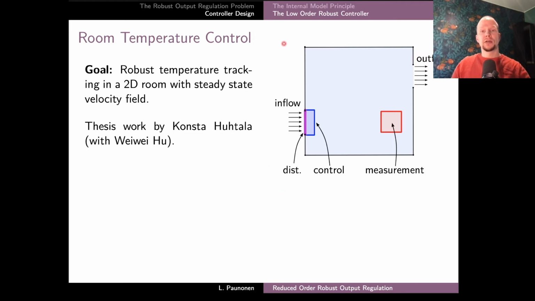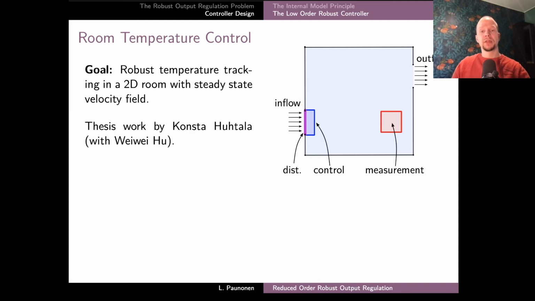So we have a rectangular space with some fluid in it, and we model the temperature profile of the fluid. The walls of the room have two openings, one on the left side with an inflow of the fluid and another one on the right side with outflow of the fluid. Our aim is to achieve output tracking of the average temperature in this red square while controlling the temperature in this blue rectangle. In addition, there is a temperature disturbance input at the boundary at the opening of